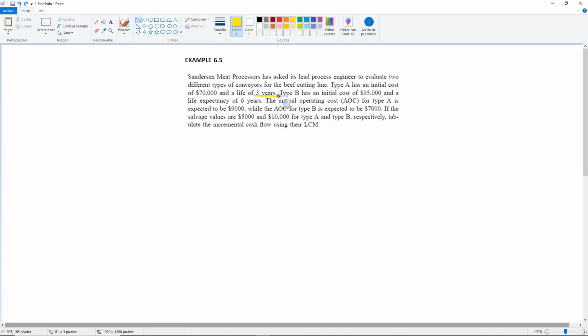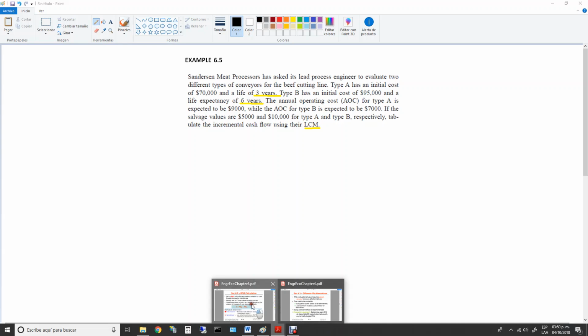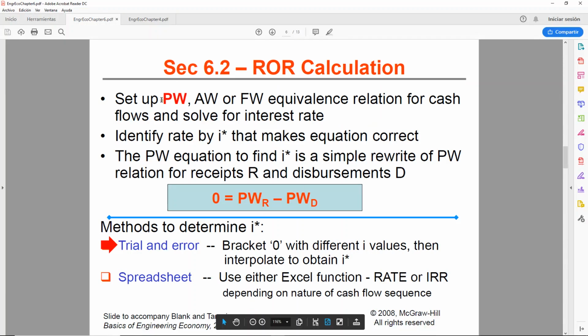A, the life would be 3 years, and for Type B would be 6 years. And then down here specifically, they're asking us for the LCM. So why is this happening? Chapter 6 is based on a present worth relation. So yes, we will be calculating the rate of return, but we will be basing our equations on the present